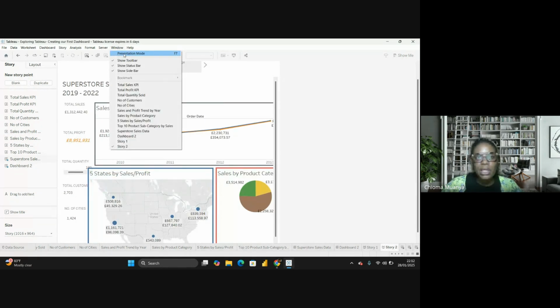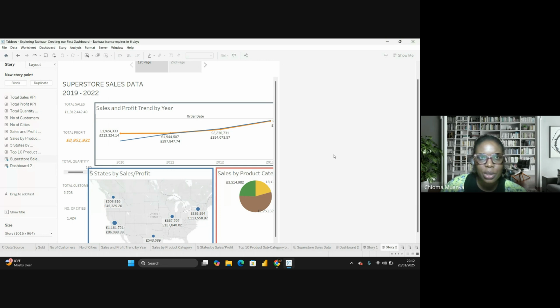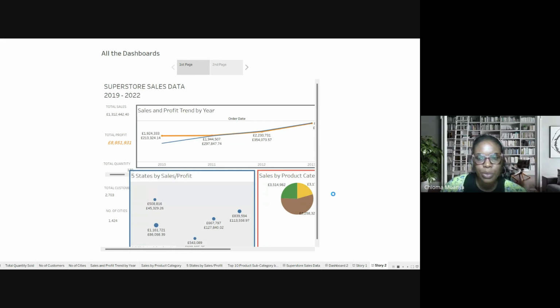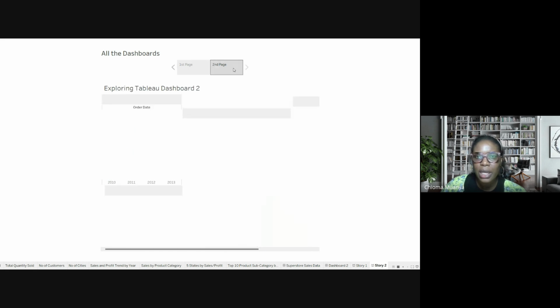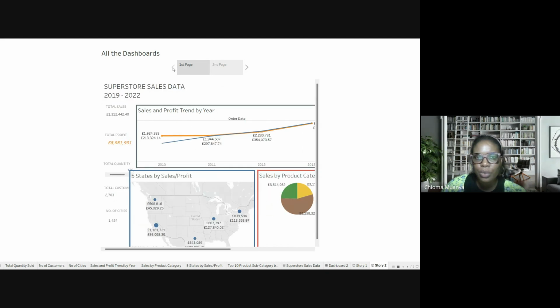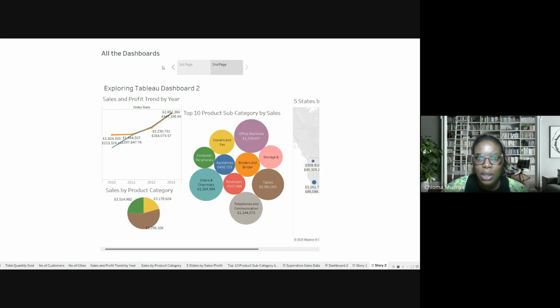So let's look at presentation. If you want to make a presentation, well, yes, this is not adequately showing. This is the first page, and then you go to the second page, either by clicking second page or using the arrow. If you have like 5 of them, you can just run through it.